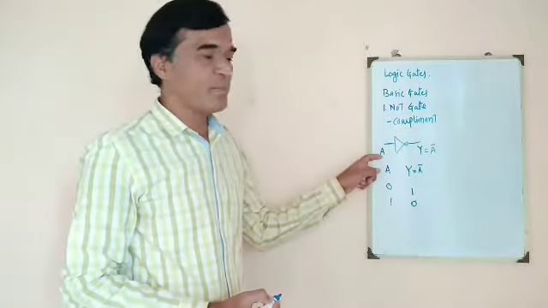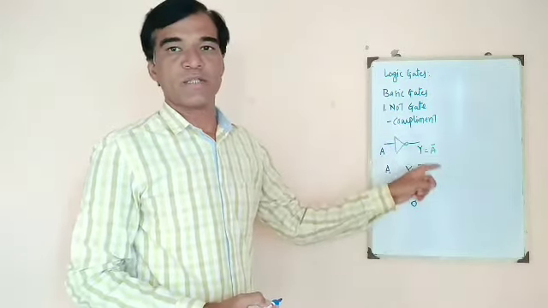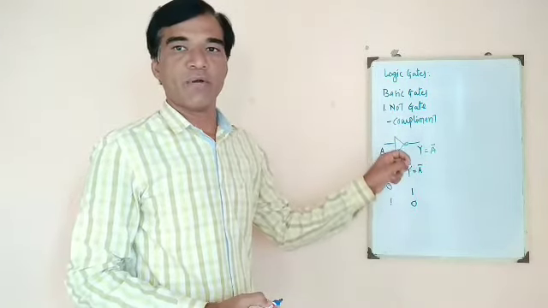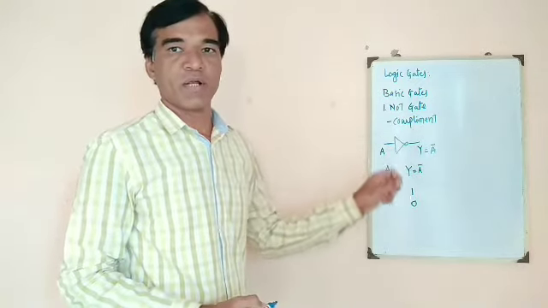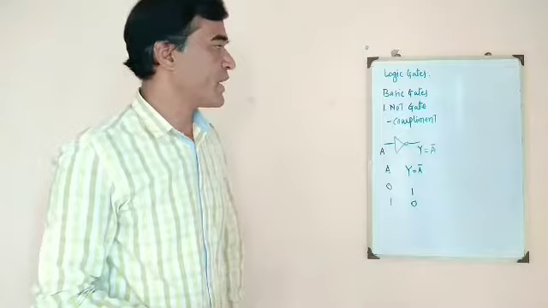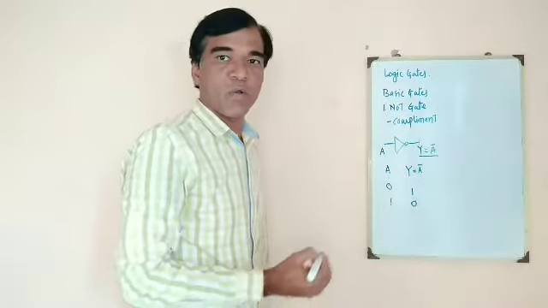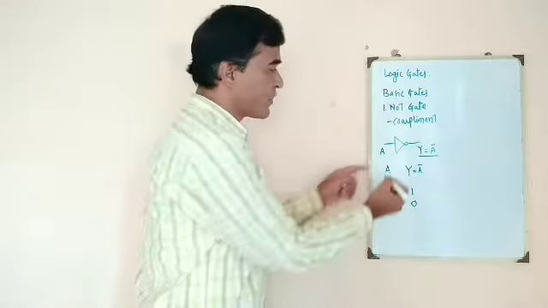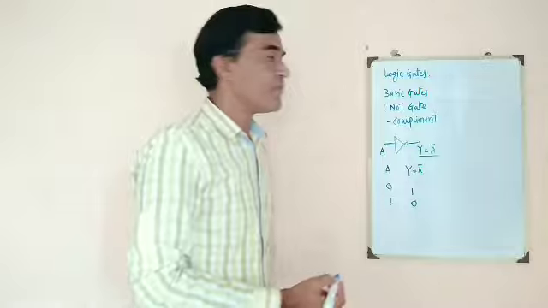It has only one input, it has one output, where output is a complemented or inverted version of the input. Hence the name is given as inverter or NOT gate. Right? So y is equal to a complement is known as the logical equation for this gate. So this is the truth table and this is nothing but the symbol.